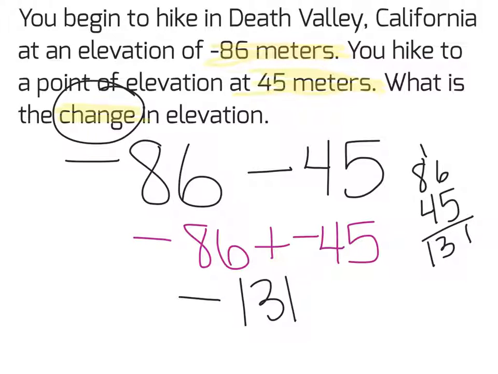Now, do you think that it would make sense to have the change be negative 131? Is that how far? Did we change by a negative amount? The answer is no. What happened was we climbed up because it was at negative 86 and then we went to 45 meters. So what we're doing here is we're taking the absolute value. So our change is